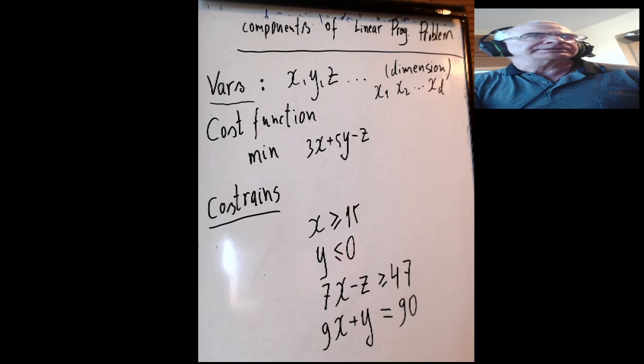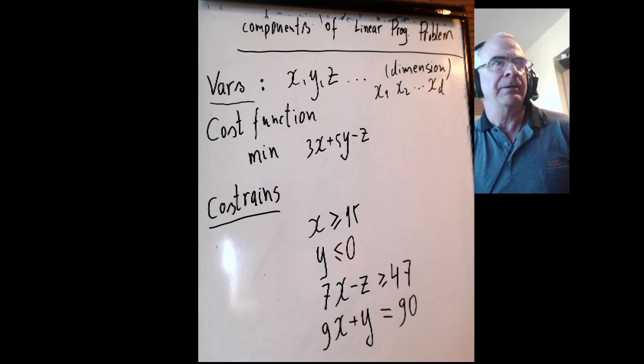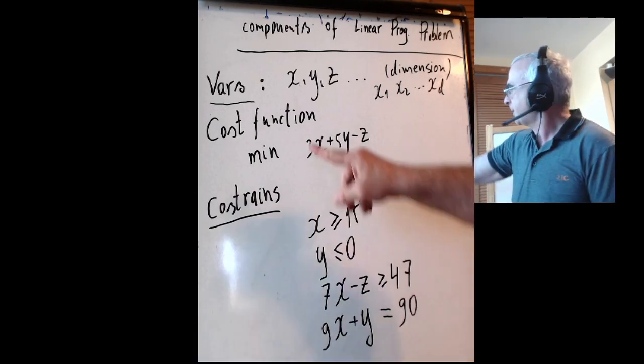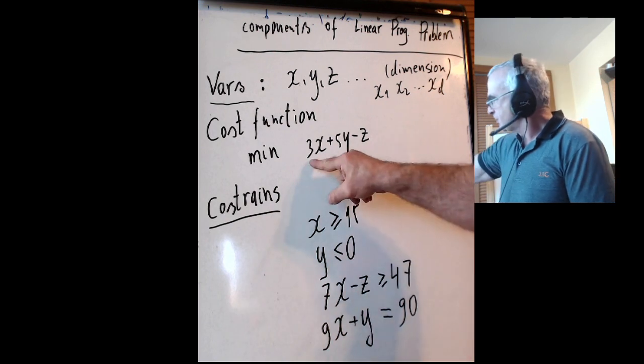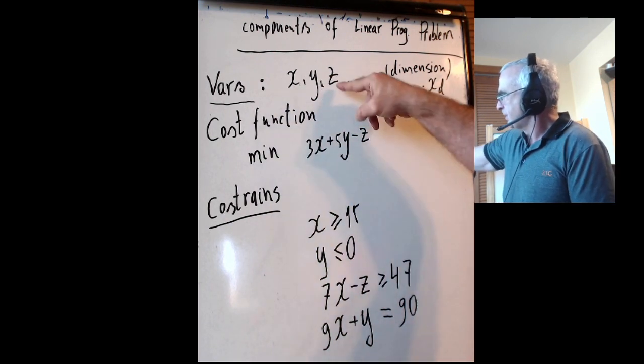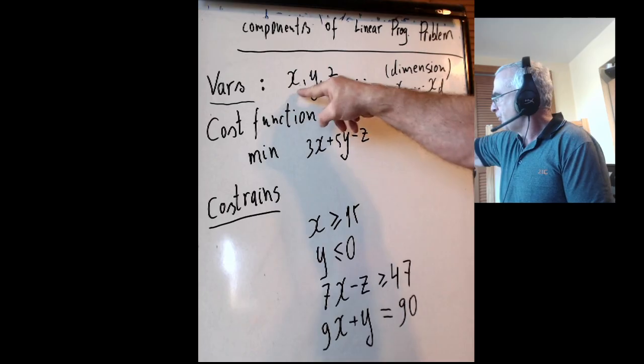Second component, tell me what the cost function is. There should be a single cost function. It needs to use maybe all